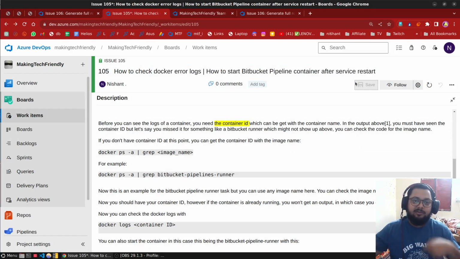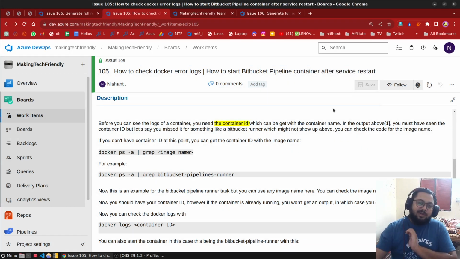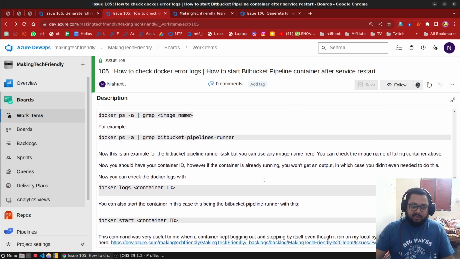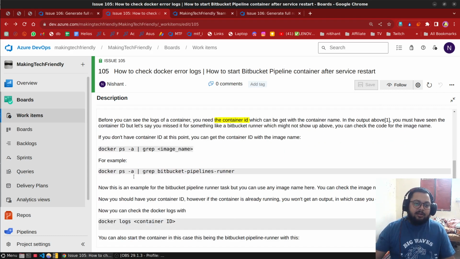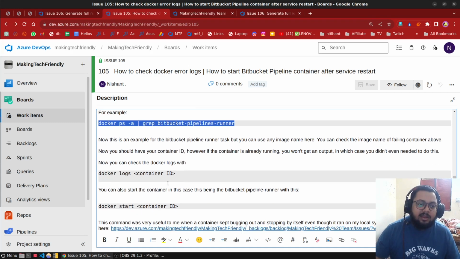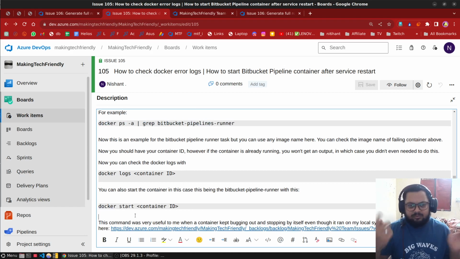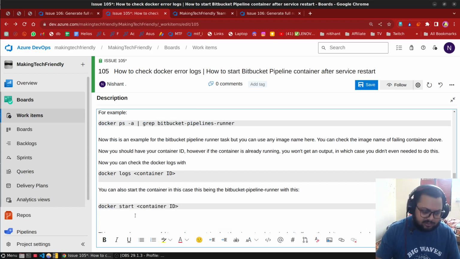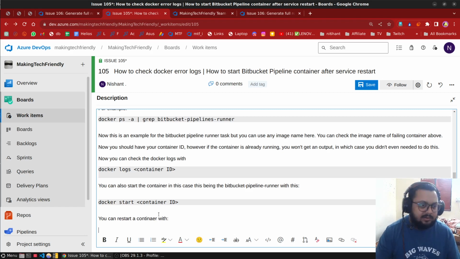So after you restart a server, Bitbucket pipeline will have completely stopped, and to start it, you first get its ID, so it's docker ps | grep bitbucket pipeline runner, and you just do docker start this. One more thing, since you have stuck for this long, you can restart a container with, you guessed it, docker